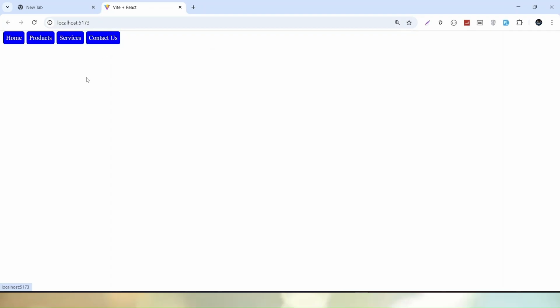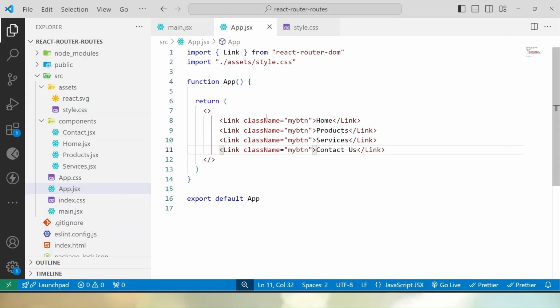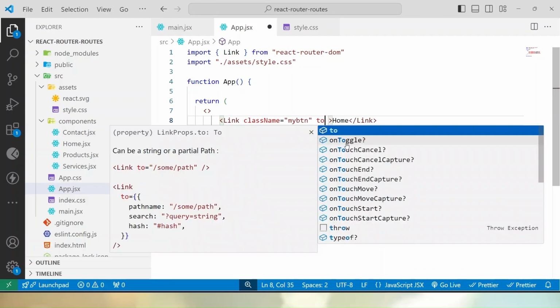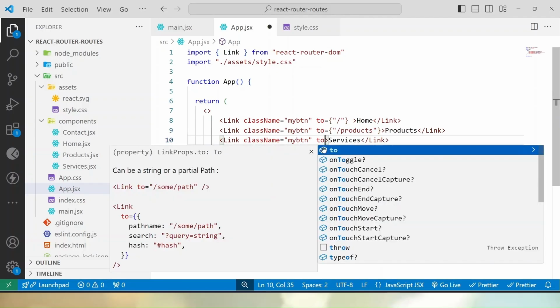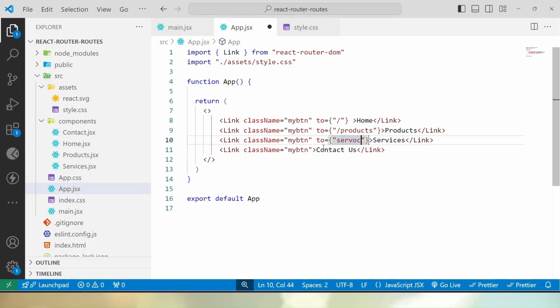So we want that whenever any user clicks on this home button, the home component should be rendered. So inside this link component, I will add one more attribute, something called to. Now this is the path. So simply if I click home, it will be on the landing page. Now for products, I want the route to be /products. Let's go and for services, it will be